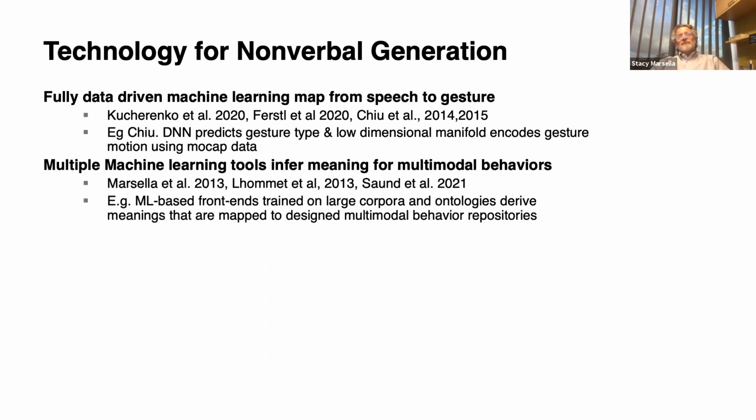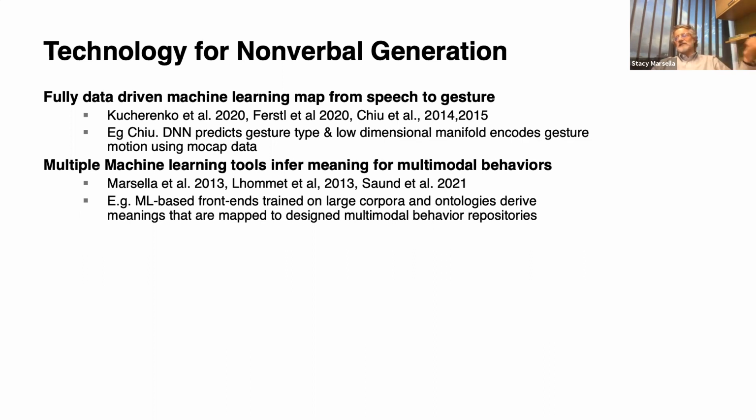And these are usually a sort of DNN, largely end-to-end approaches. So you get the text and the audio maybe as input, and you get the gesture as output. There's also approaches that carve it up into a range of different kinds of ML-based components that analyze